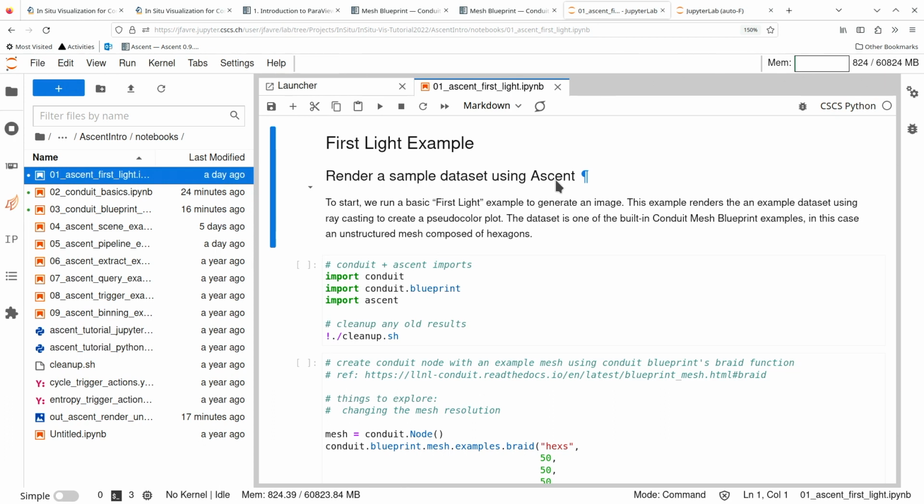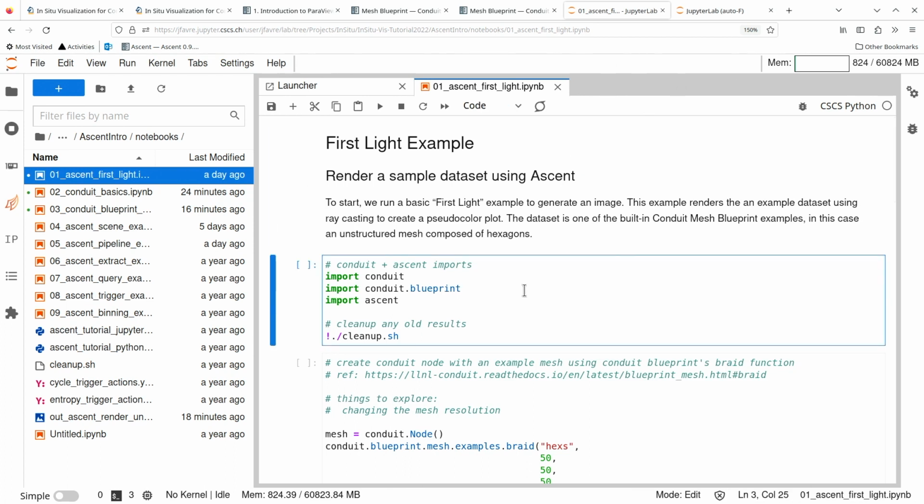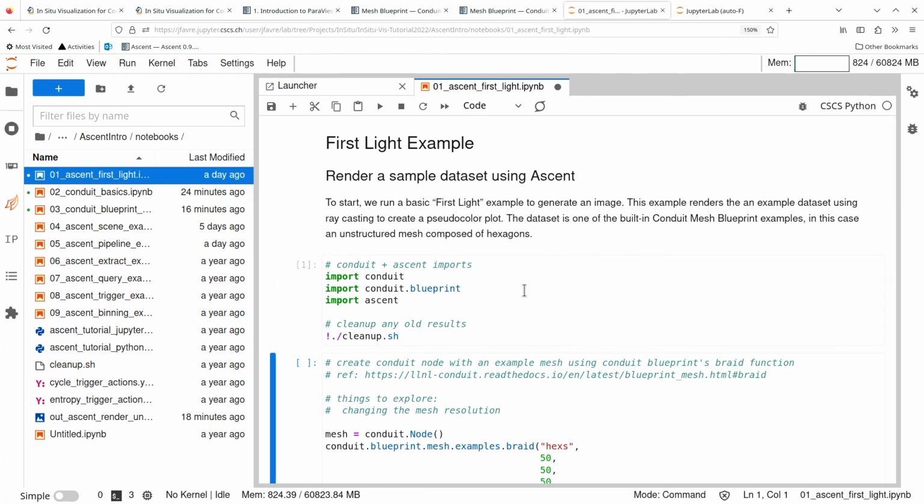So my very first cell will be import conduit, blueprint, and then import Ascent. The reason for importing blueprint is to verify that we have encoded our data in the proper way, okay? So that it follows the convention of usage. So I will run my first cell,